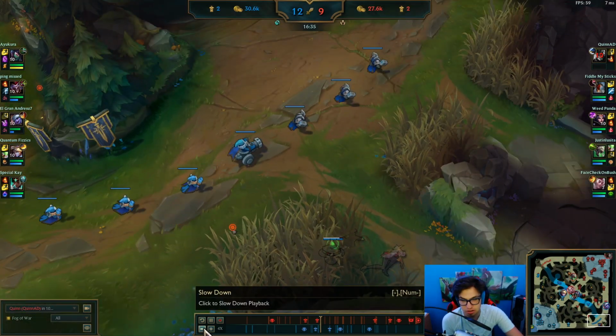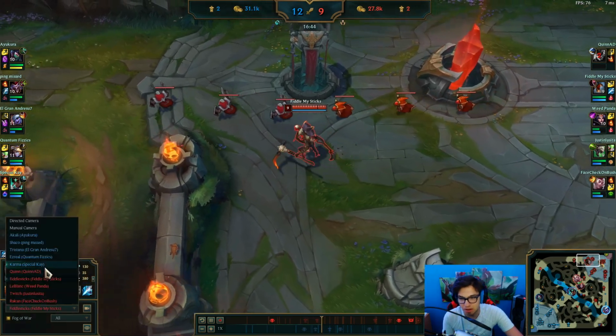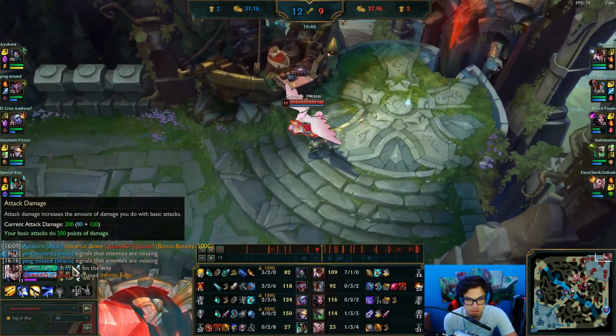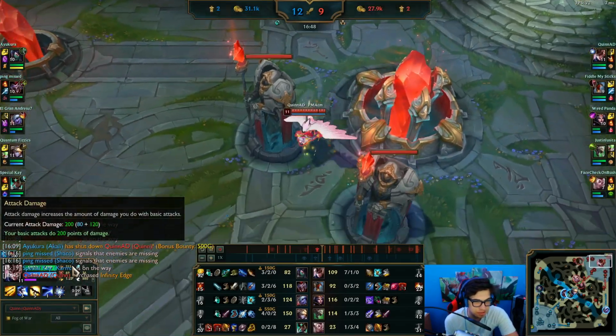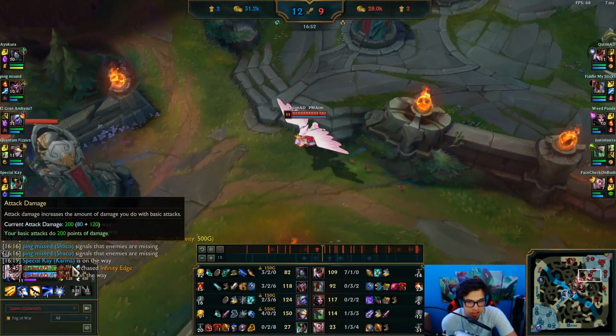At least Akali got it. Ezreal getting that kill, the game's over. So... at least now, without bounty on my shoulders, I can actually play the game. So that's what I kind of like about the bounty system. Yes, it sucks I died there and gave 800 gold to Akali, but now I can play the game, because